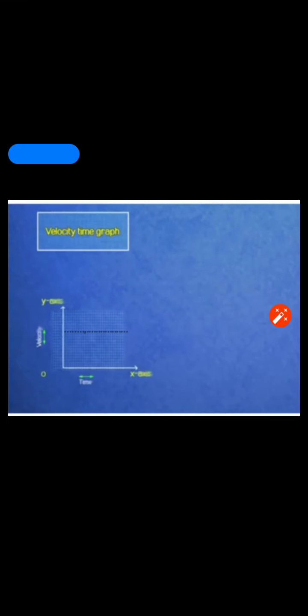Okay. So in condition 1, when the velocity is constant, it is not changing, then the graph will be horizontal in shape. A straight line passing parallel to the x-axis, meaning the y-axis will not increase because velocity will not increase. So the graph will be parallel to the x-axis, meaning it will be horizontal in shape.